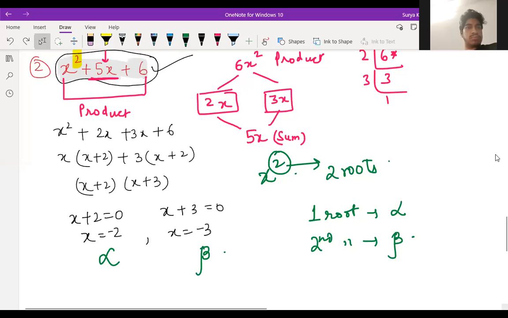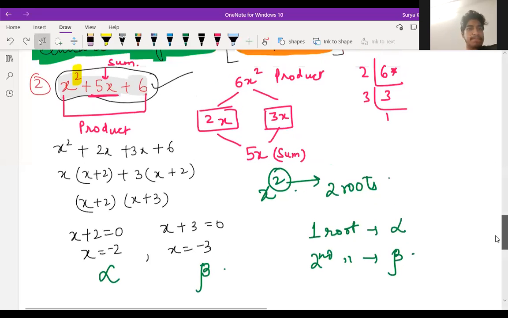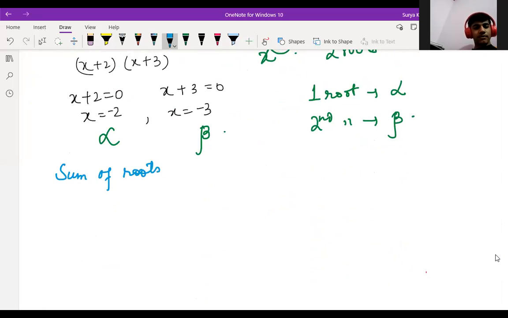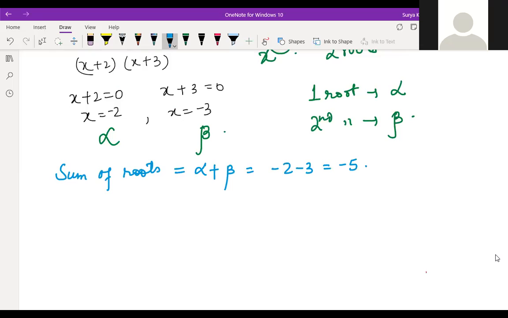All right, fine. Now see, if we find the sum of the roots, what do we get? Sum of the roots, children, all of you tell me. Don't take minus b by a; right now we don't know the formula. Just think: alpha plus beta. How much did we get? Minus 2 and minus 3, we get minus 5. Is this clear, children? Sum of the roots is minus 5 or not?